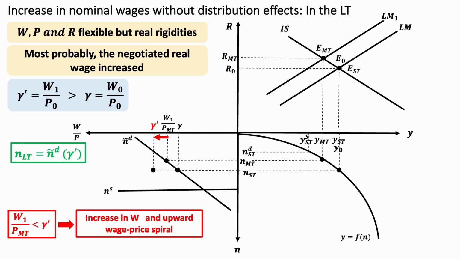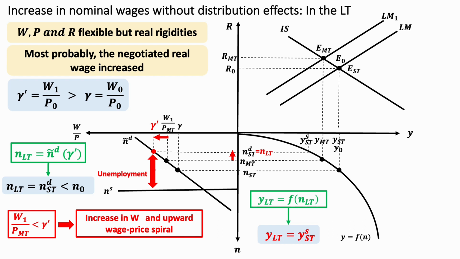At this level, we do not come back to the initial level of employment in the economy, which is what we would have said in the case of a demand shock. Here, the cost of labor increased permanently. So the firms employ fewer people, and we end up with a lower level of employment than at the initial equilibrium.